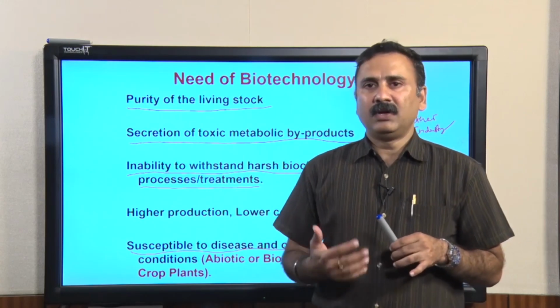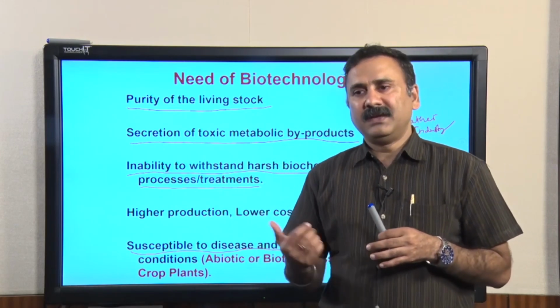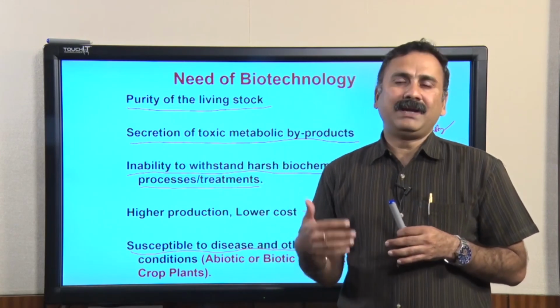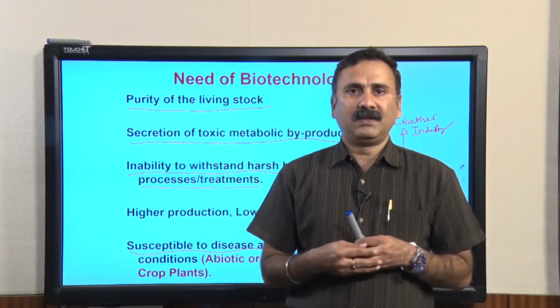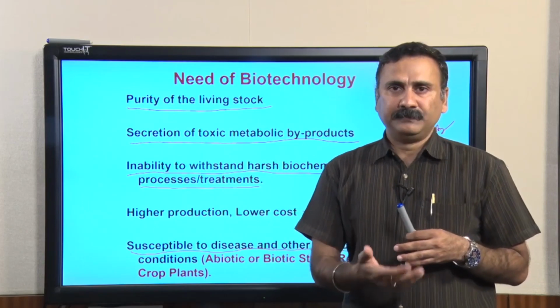On the other hand, you can also develop crops which are resistant to insects. So, once the insects bite, the crops will not be affected by the insect biting, and that is how you can avoid the losses also.